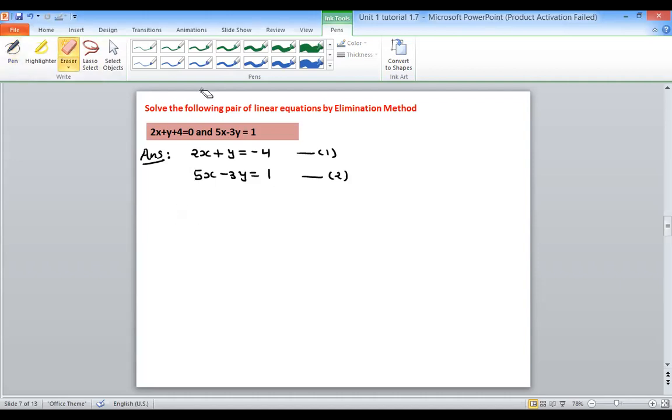Then I'm taking the addition of 1 and 2. So what procedure can I do? Equation 1, multiplied by 3. Then take equation number 2. This is the procedure. You can multiply equation 1 by 3, then